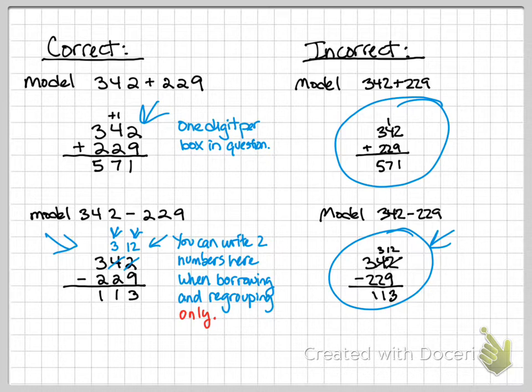Let's say you had 32 times 17, for example. If you were trying to write this here, I've modeled this the correct way, even though it's written in the correct way,